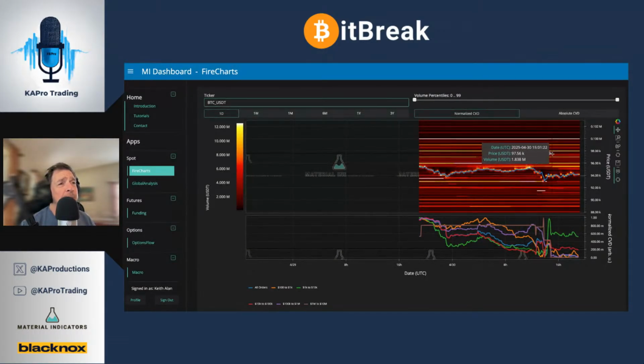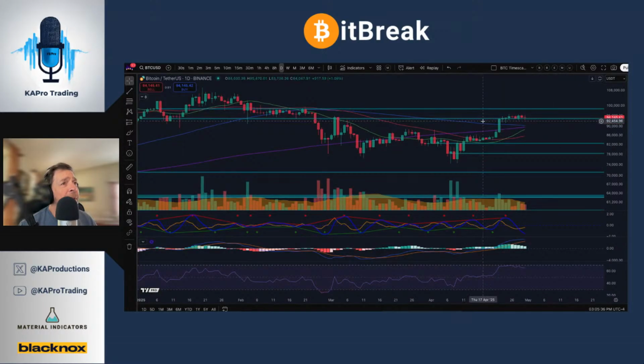What stands out to me is we have a heavy concentration between this 98K level and the current range, but 95 to 98K is pretty heavily stacked with ask liquidity that is going to be difficult to penetrate. And as I mentioned, we do have a technical resistance level up there that we need to be mindful of, and that is where we have this